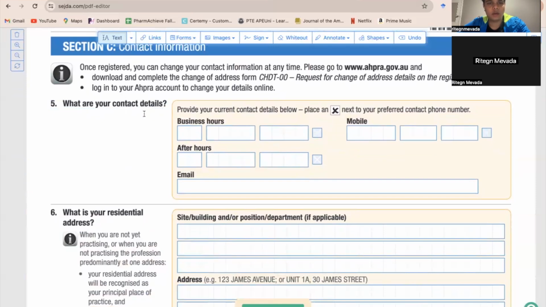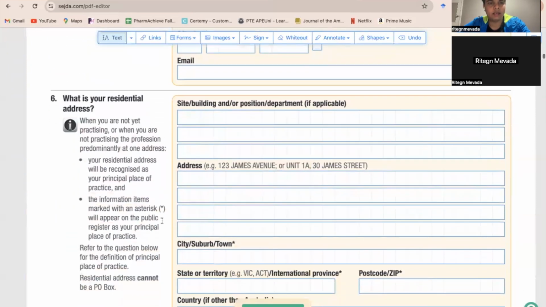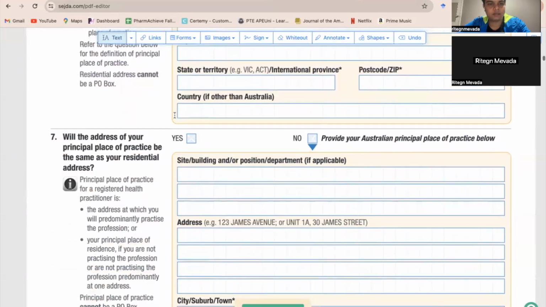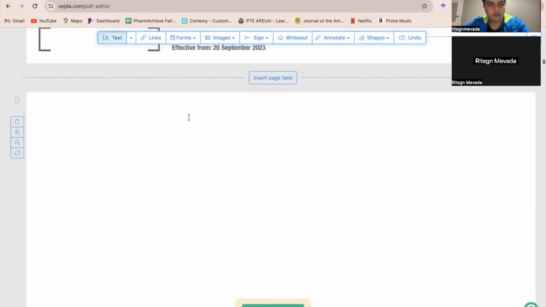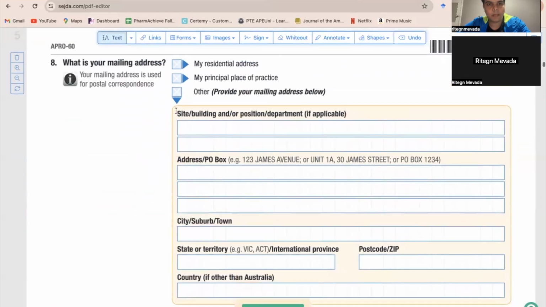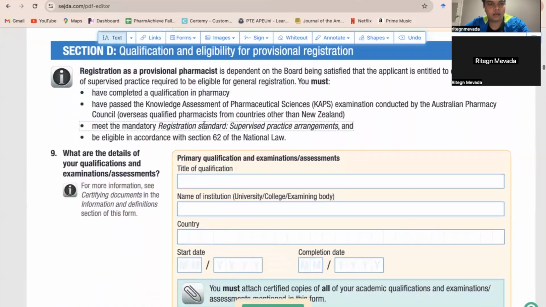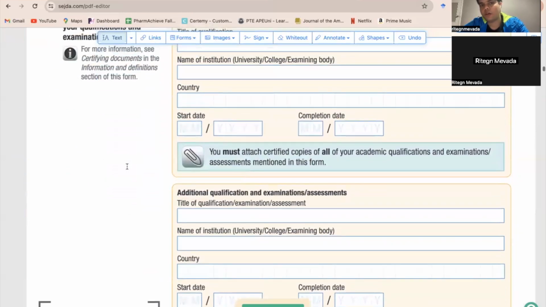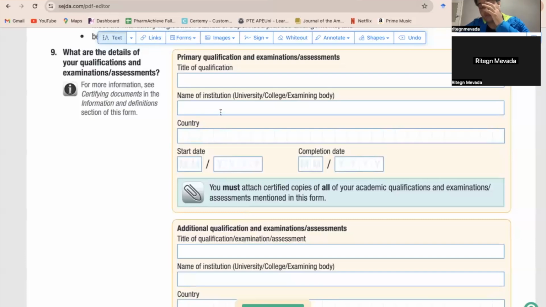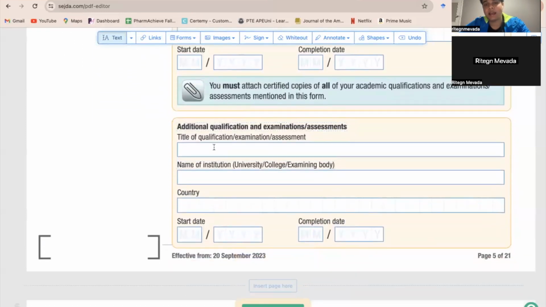Then there is your contact number, email ID, your address, your mailing address. What are the details of your qualification? For that type of qualification you can write Bachelor of Pharmacy, Master of Pharmacy, Doctor of Pharmacy, whatever you have done. Your university name, your country name, start date and end date, and then you write